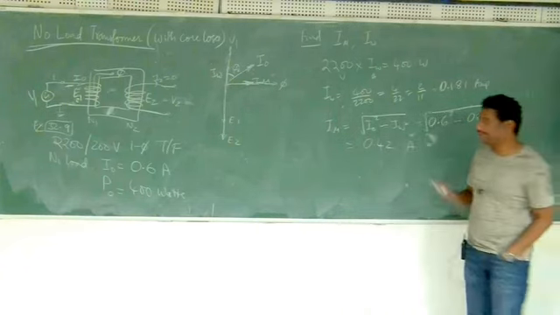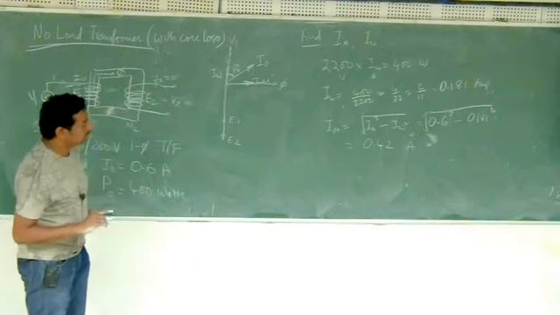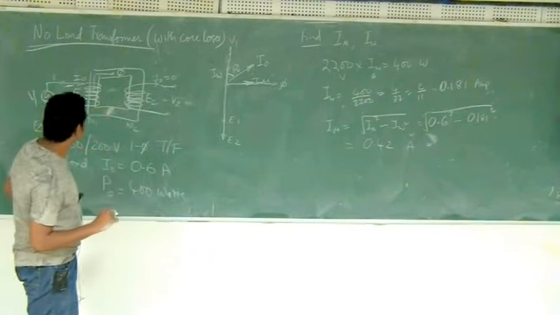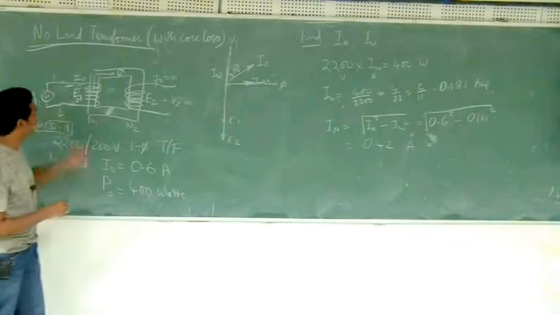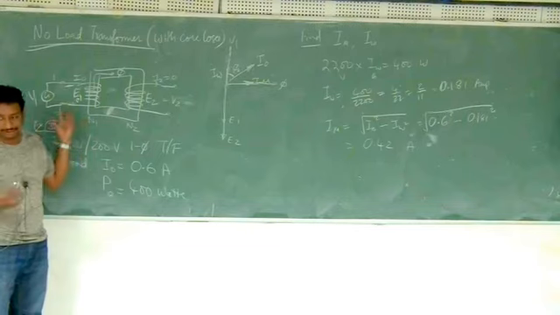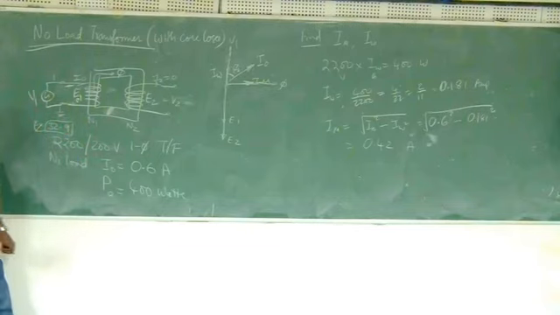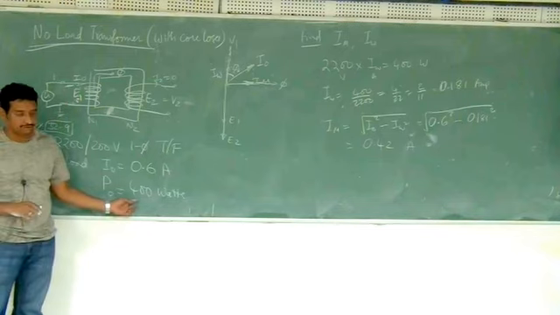Now I'll give you two important points here. Point number one is: what about copper losses? When the current is flowing in this coil, some resistance may be there and there will be some losses in the copper part. The copper losses I can conveniently neglect. I can say that this whole 400 watts is only towards the iron losses.